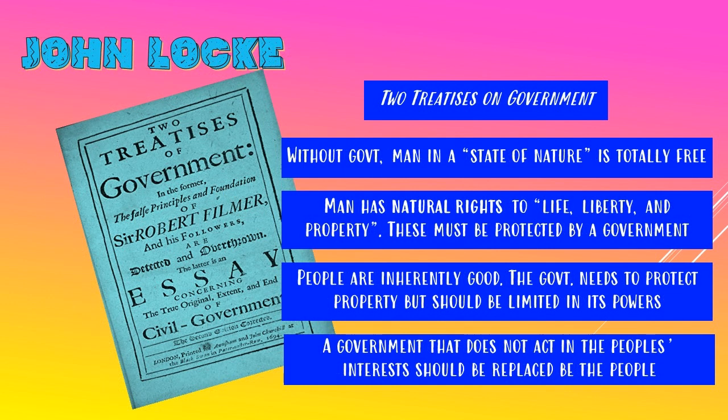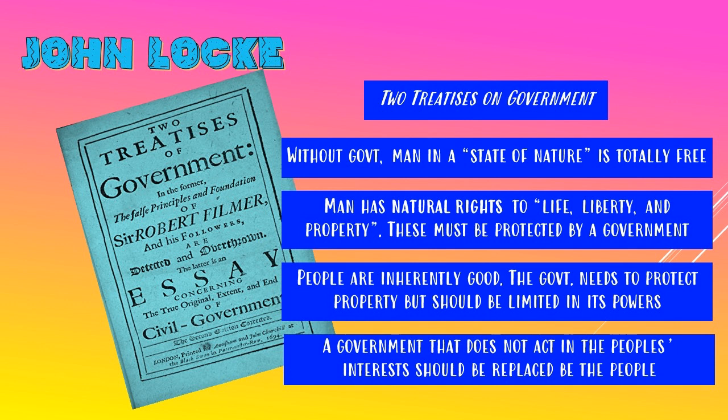Now, John Locke is going to be way more important to American government. We share a lot of his ideals, but he's building on this idea from Hobbes, from the state of nature. So he's starting at this place before there was a government. To him, he views the state of nature totally differently. So to him, the state of nature is a place of total freedom. So in the state of nature, we have maximum freedom, and this is great.